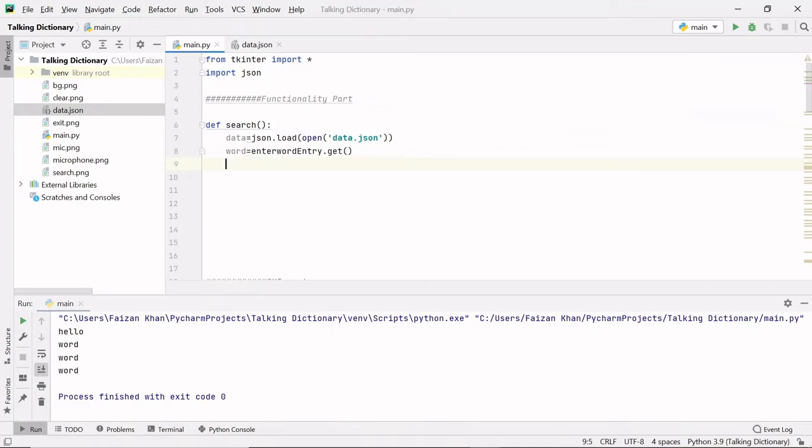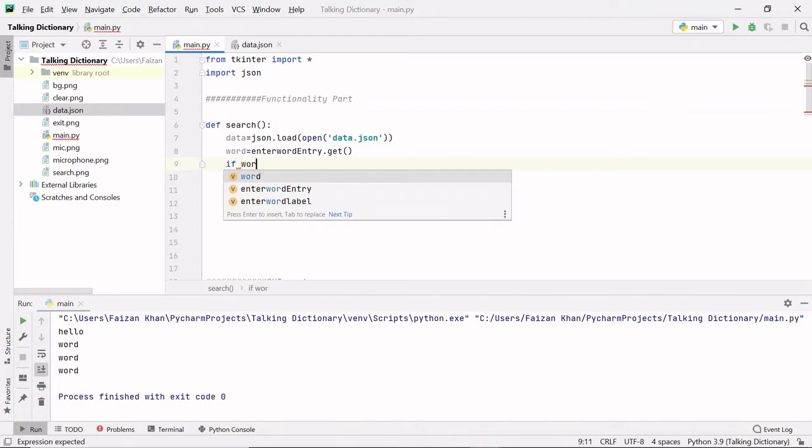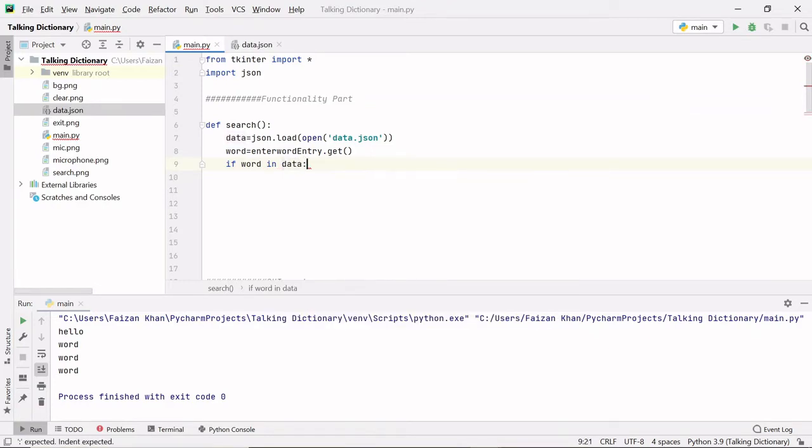Now what I will do, I will apply a condition. I will simply check if this word is present inside this data or not. Okay, so how will we check this? We'll apply if word in data, like this.